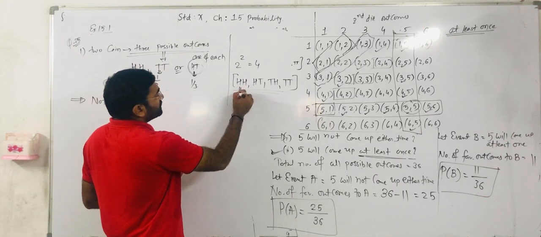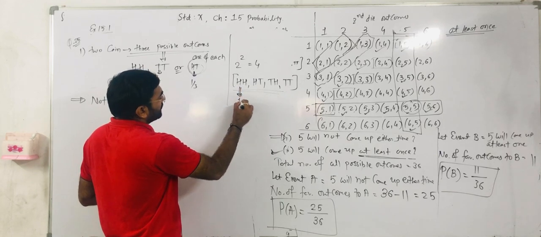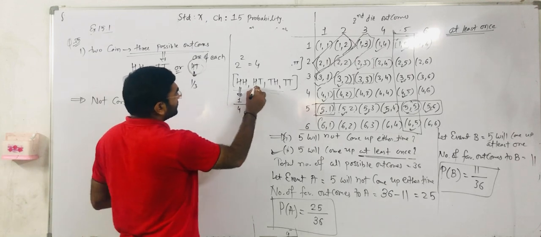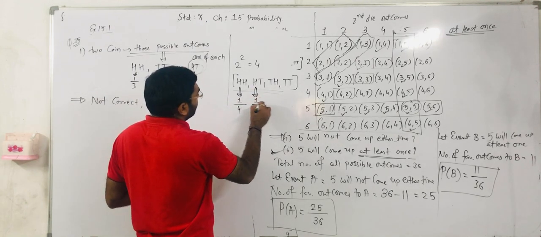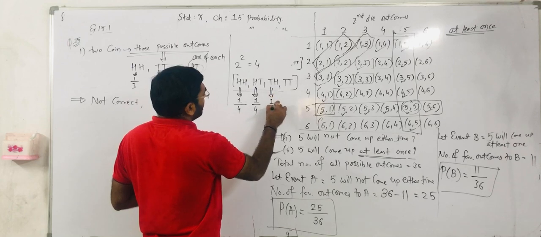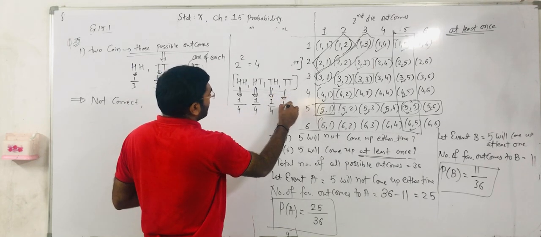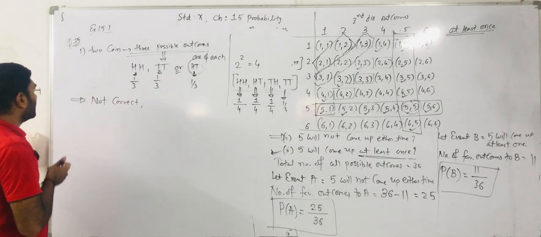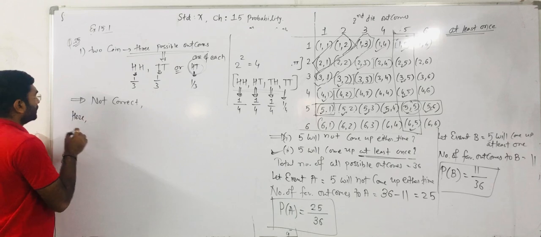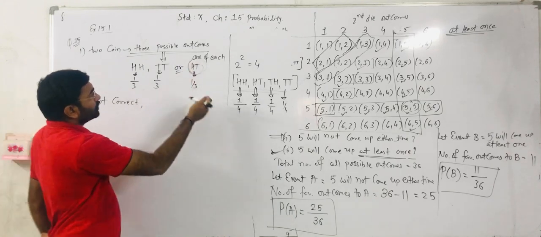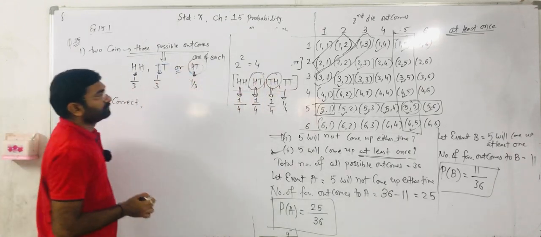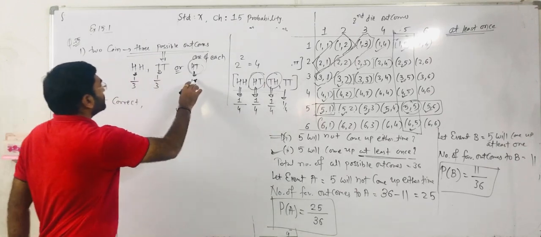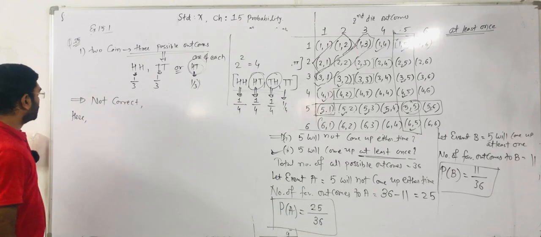If you find the probability of each possible outcome, then we get 1 as the favorable outcome and the total outcomes are 4, so 1 by 4. In the same way, that event's probability is 1 by 4, that event's probability is 1 by 4, and that event's probability is 1 by 4. Not 1 by 3. Right? So in the case of one of each, there are 2 possible outcomes, head tail and tail head, and the probability is 1 by 4 plus 1 by 4.